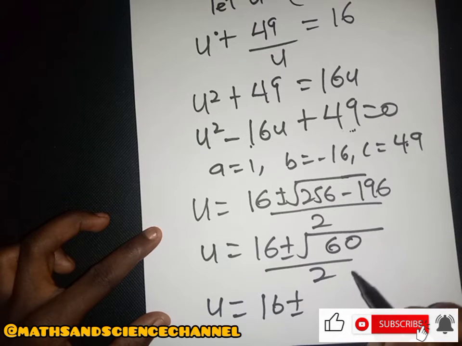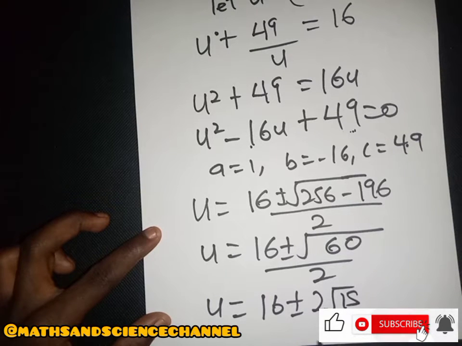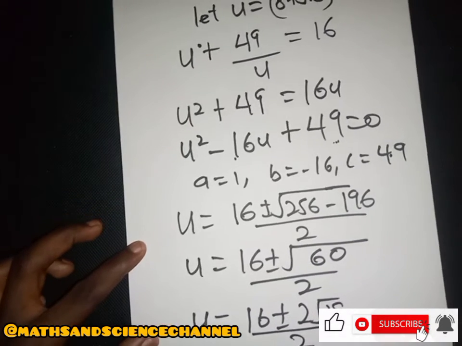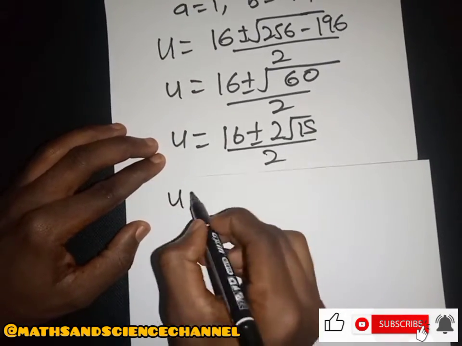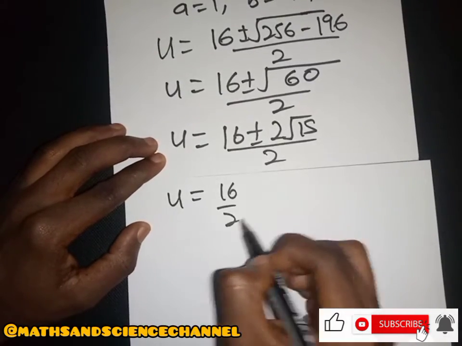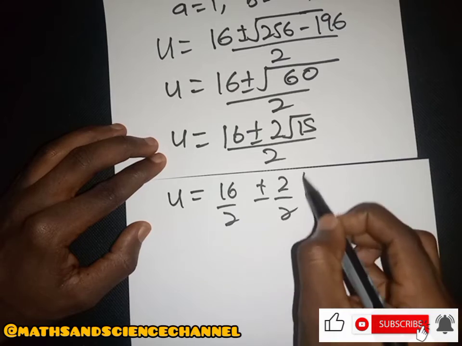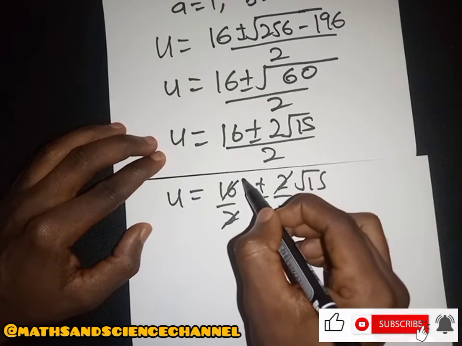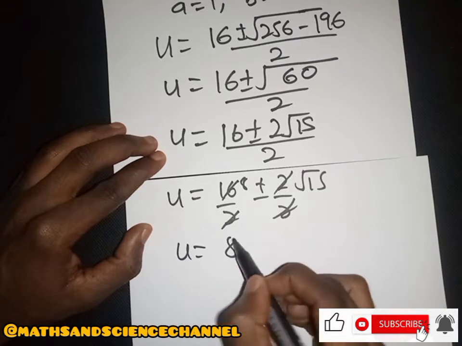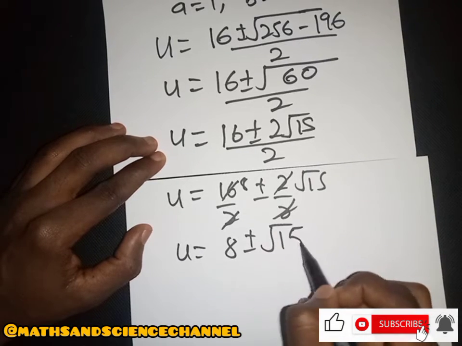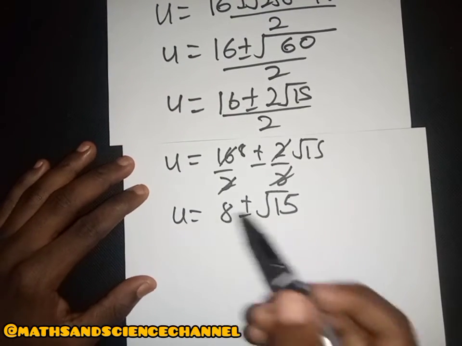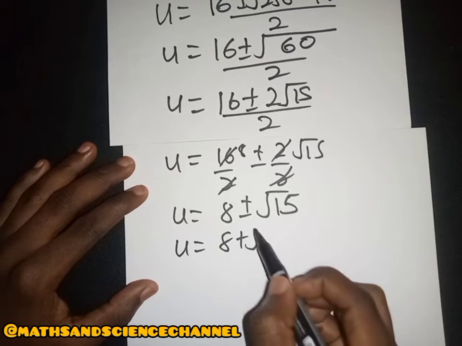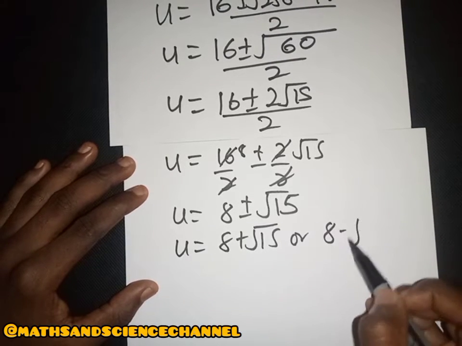So 4 multiplied by 15, so we can bring the 2 out as 2 root 15 here, in this case being divided by 2. And then from here we can go ahead and simplify that. So simplifying that, we just have 16 divided by 2, plus or minus 2 divided by 2. This will also, we're just going to get 8. So we just have 8 plus or minus the root of 15, as from the first equation again, right? But this time it is plus and minus. So we can have u being equal to 8 plus the root of 15, or 8 minus the root of 15